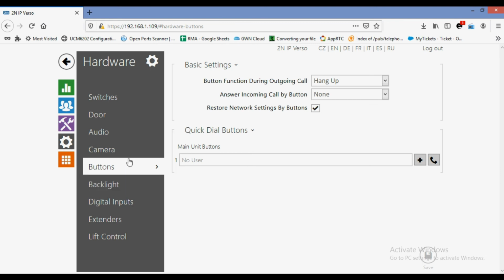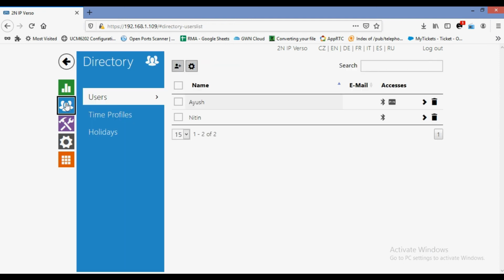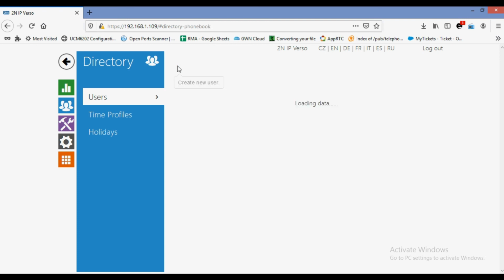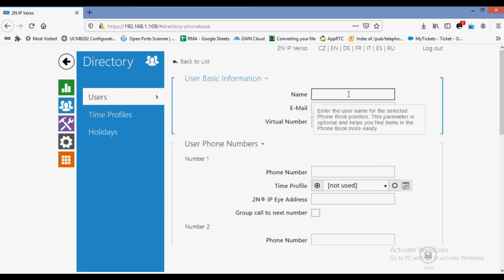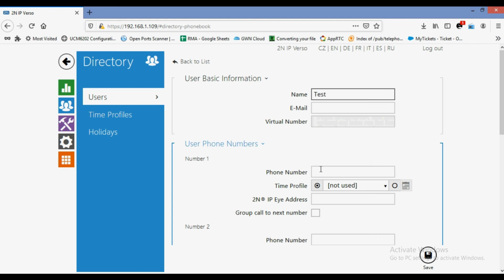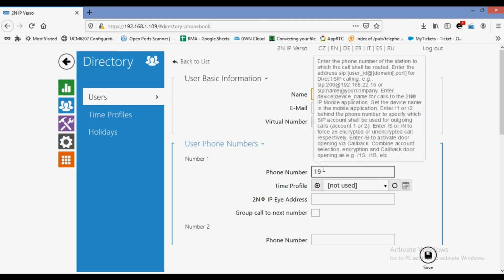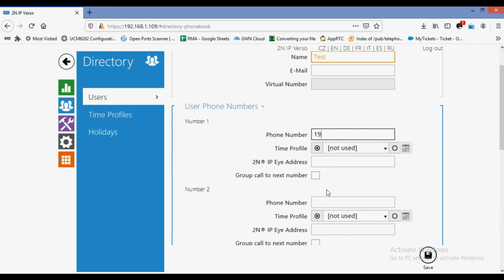Buttons configuration. Before configuring button configuration, we have to go to profile directory, then create users. Like, I'm creating a user, test, extension number is 19, and you can poll up to 3 numbers parallelly or one by one.